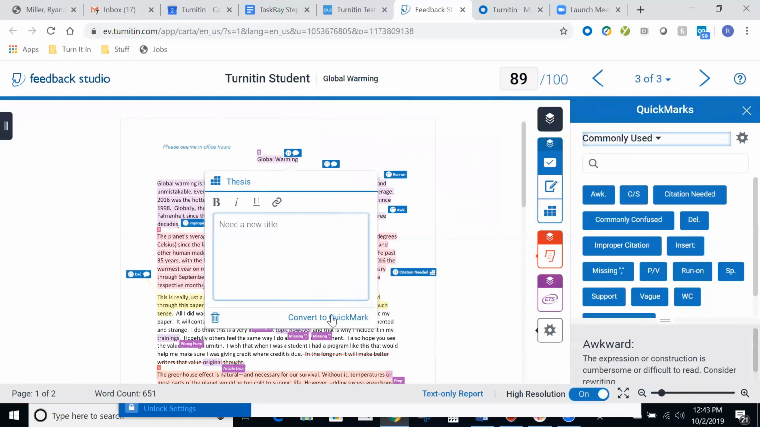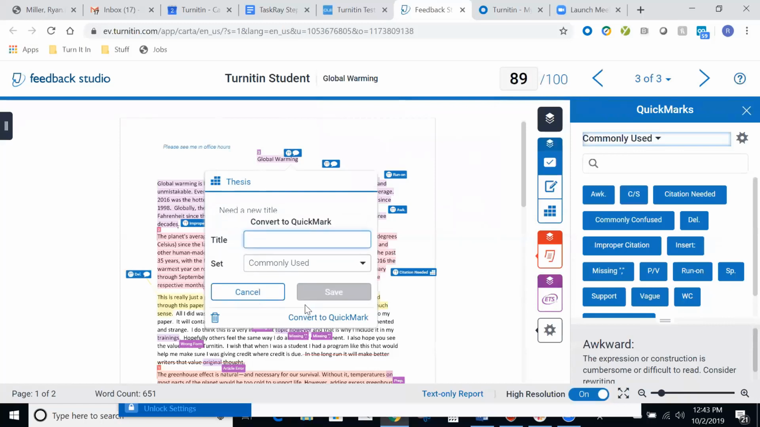I also have the ability to convert this comment to a Quickmark. So if you find that you're adding the same comments over and over again to students' papers, I can simply click Convert to Quickmark, give this Quickmark a name, decide what set I want that Quickmark to be added to, and when I click on Convert to Quickmark,